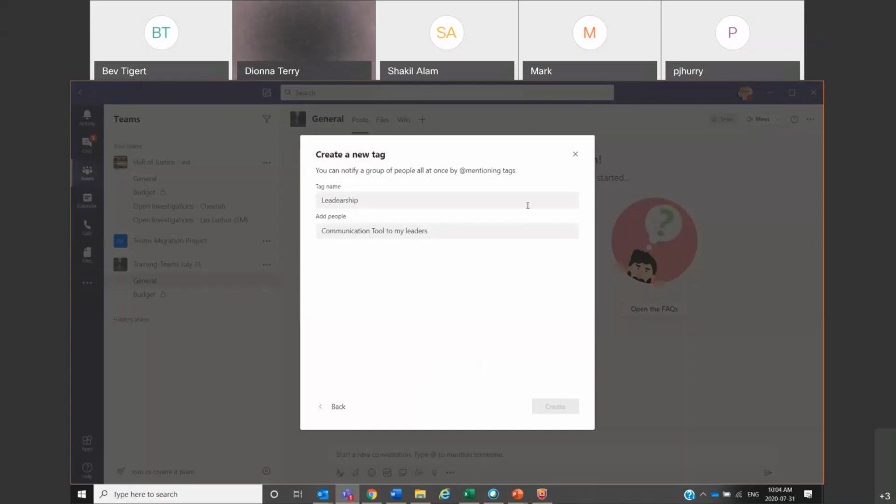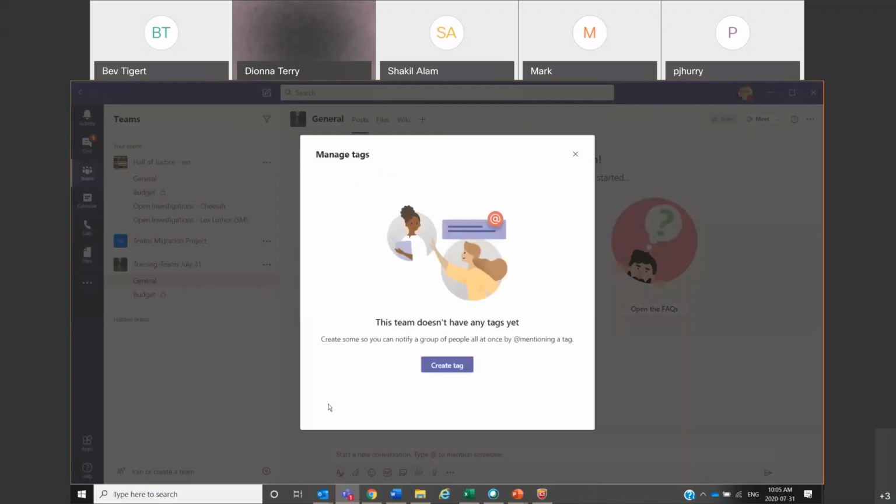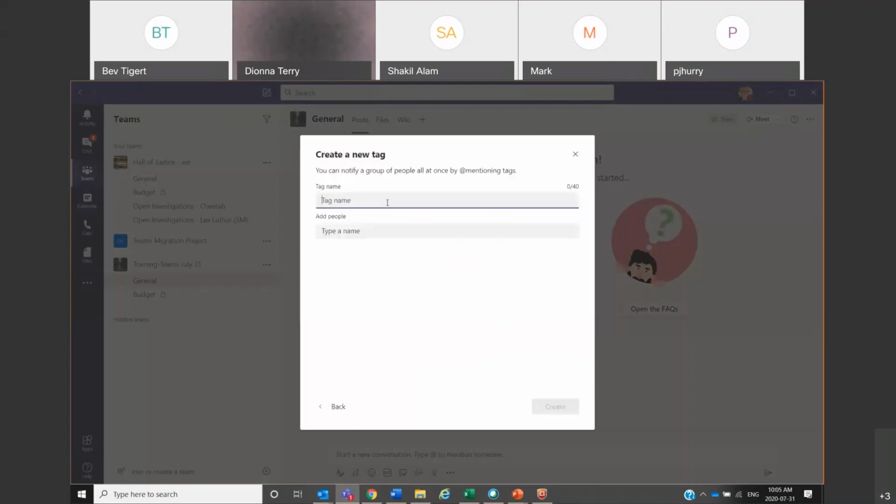It didn't want me to create that. Oh, I typed in "add people," not a description. I've got to wake up here. Wonder Woman is going to be a part of it, because it was Aquaman, the other one. So I'm just going to go here and create. So there's my tag. You can create as many tags as you like. I'm going to close that down.